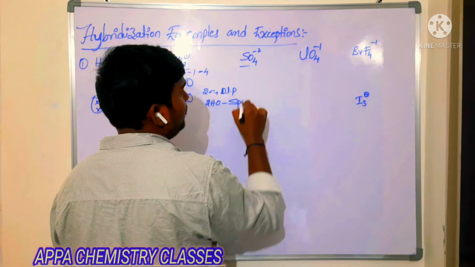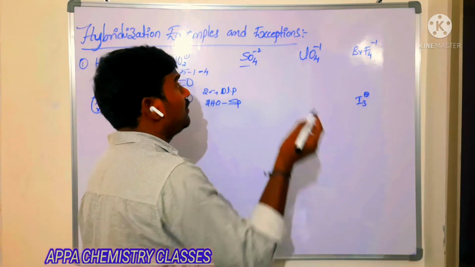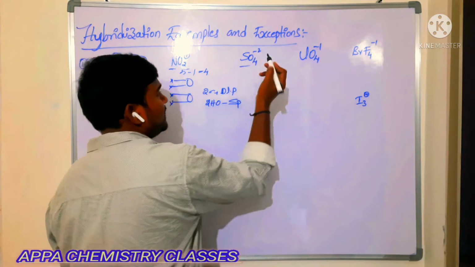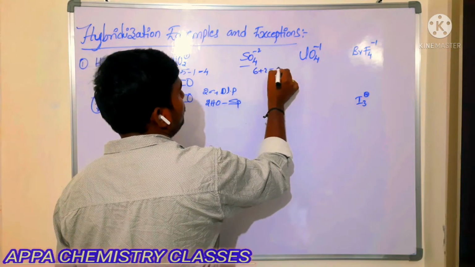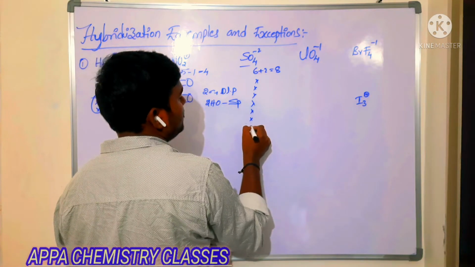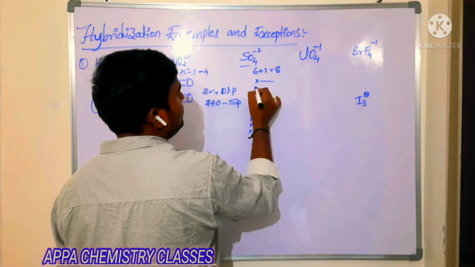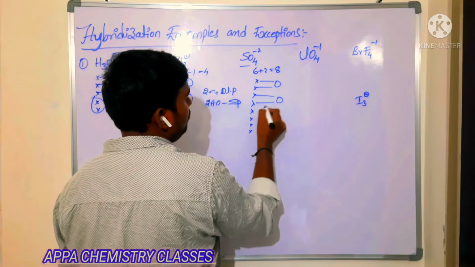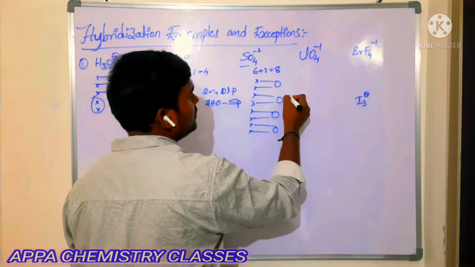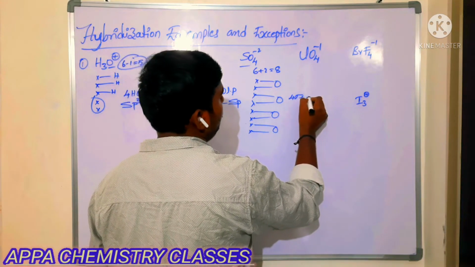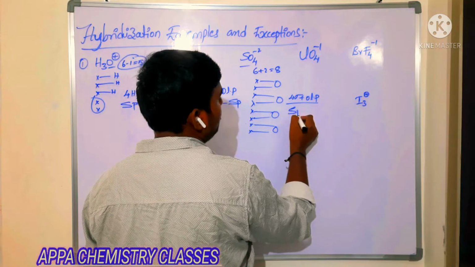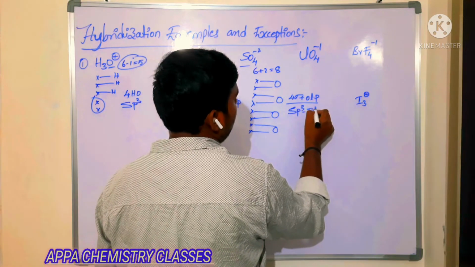In this case sulfur belongs to the 6th group, but it is having a minus 2 charge, that is 2 electrons extra, that is 6 plus 2. 6 plus 2 is what? 8. You keep the 8 dots. 3, 4, 5, 6, 7, 8. Now each oxygen requires 2. Now these are the 4 oxygen atoms. 4 oxygen, 4 sigma bonds plus 0 lone pairs. So it is what? Tetrahedral, sp3 and tetrahedral geometry.